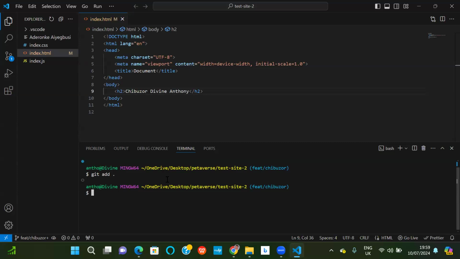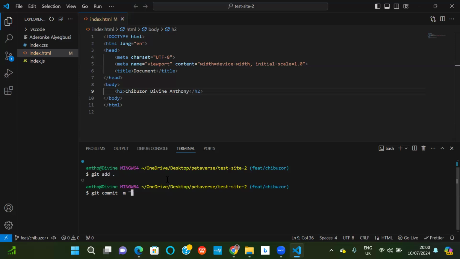So the next thing is to commit the changes. You need to type git space commit, space, -m, space, open quote.